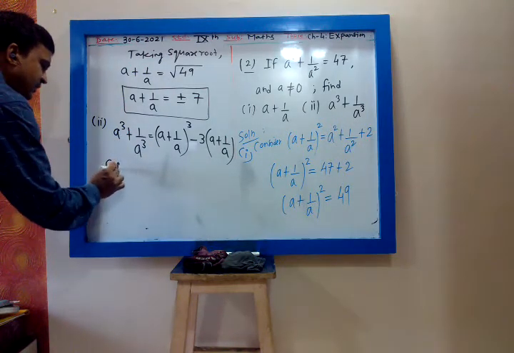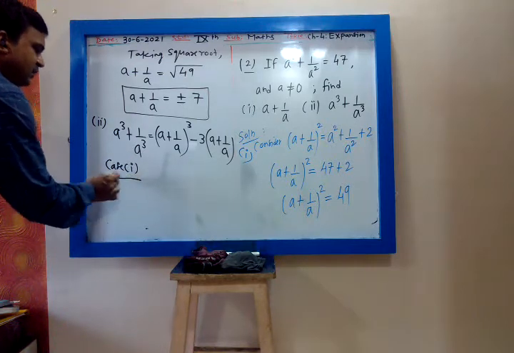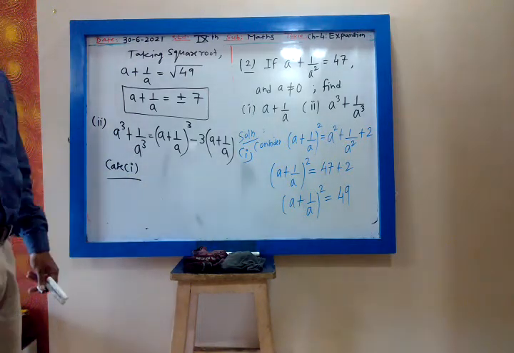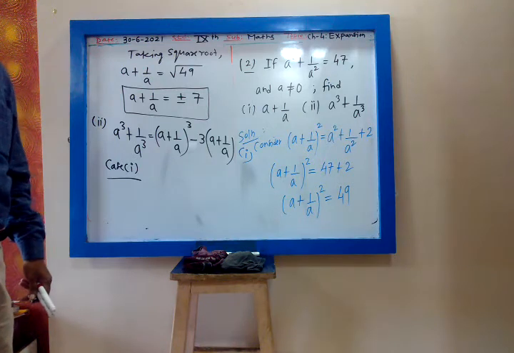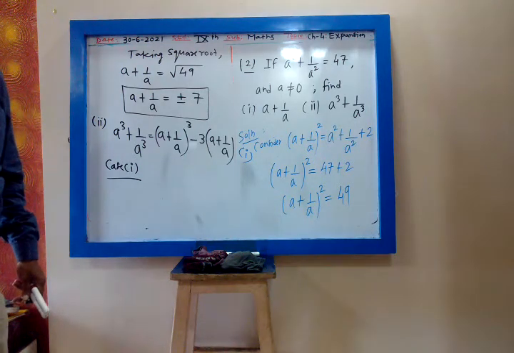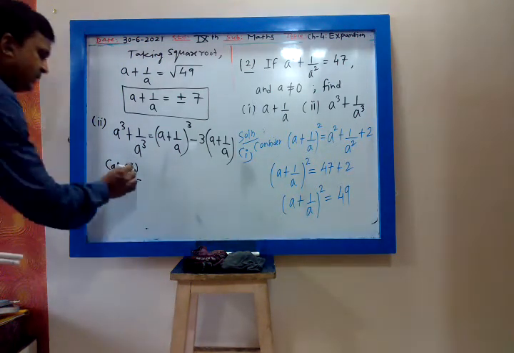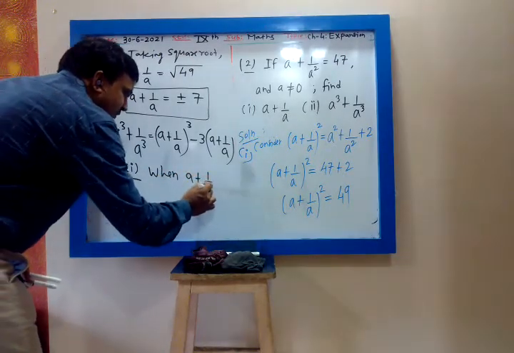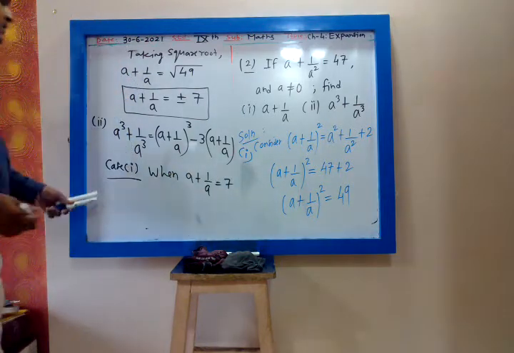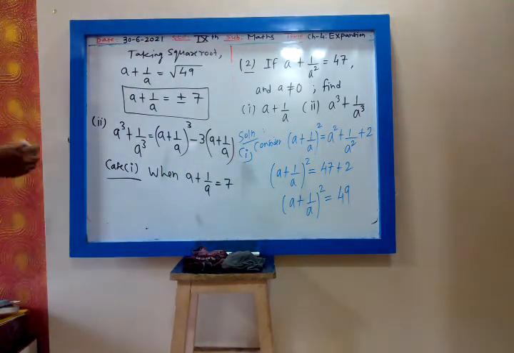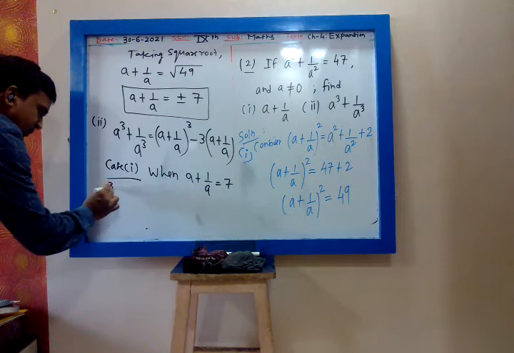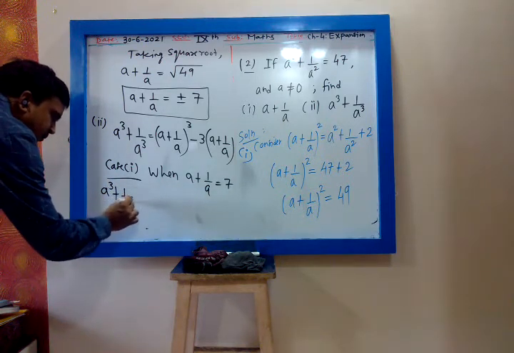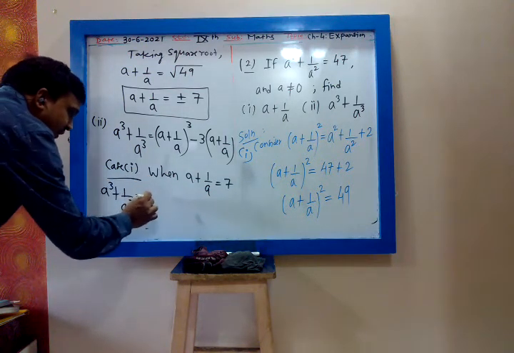You have to consider two cases, because the square of negative and positive is always positive, but the cube of negative and positive will be different. So we have to consider two cases. Case 1, when a plus 1 upon a is plus 7. Then a cube plus 1 upon a cube will be 7 cube